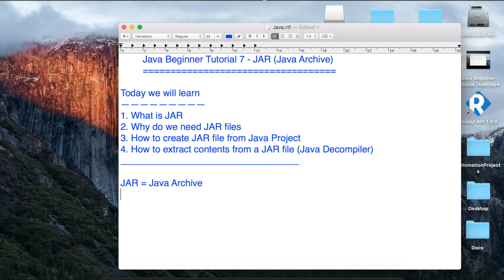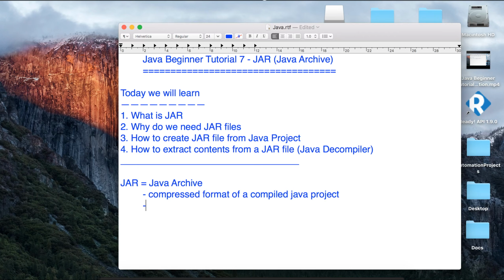Okay, so if I have to write it down, I will say this is a compressed format of a compiled Java project or Java program. Please notice this is a compressed format of the compiled Java project. So it will contain .class files and not the .java files.